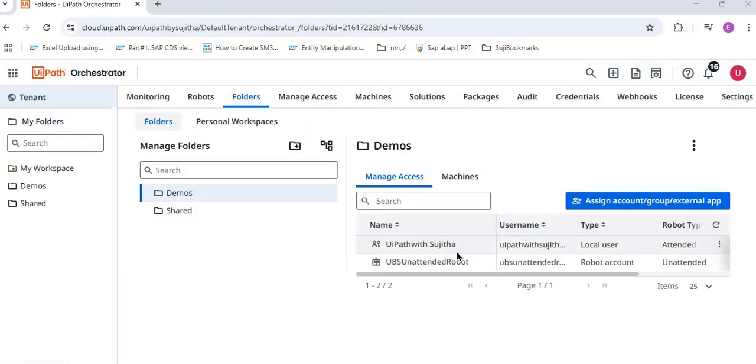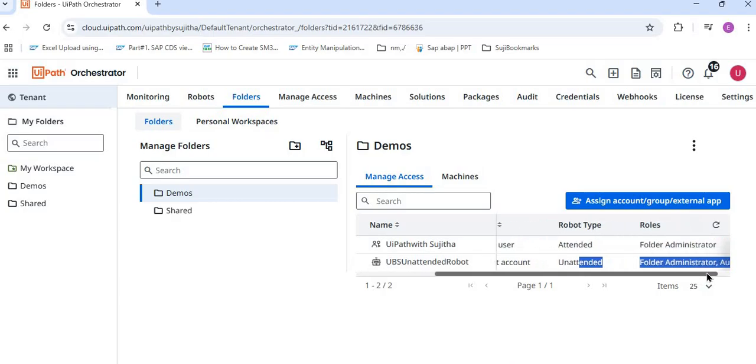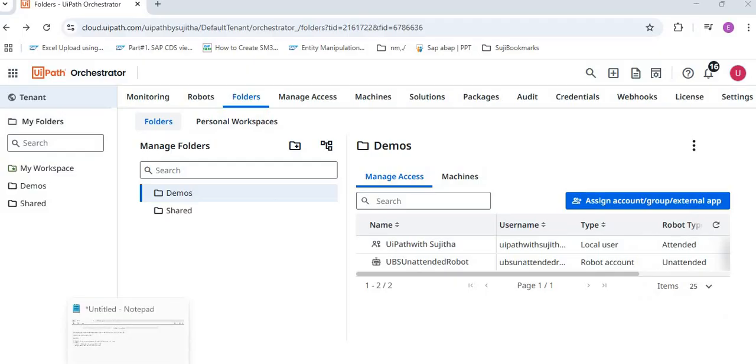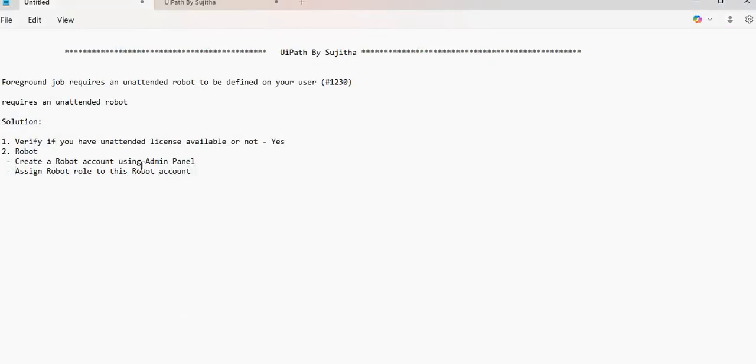Now you could see this robo being added with type, okay, robo type unattended. Fine, clear. Let us go back to our notes. What we did, we created a robo account using admin panel and assigned robo roles to the